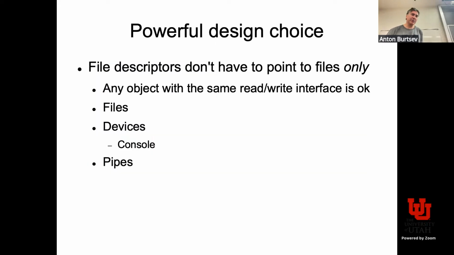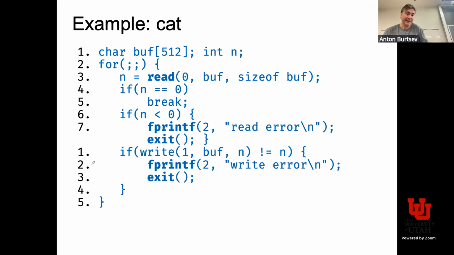But really, now it becomes a language. You can say, I can read from a file, read from a console, write to a file, write to a console, or by the way, my output goes through a pipe to the input of another program, right? Makes sense? But nothing changes in cat. Cat is the same. Nothing needs to be changed. It still reads from 0, writes to 1. But the shell does the magic.